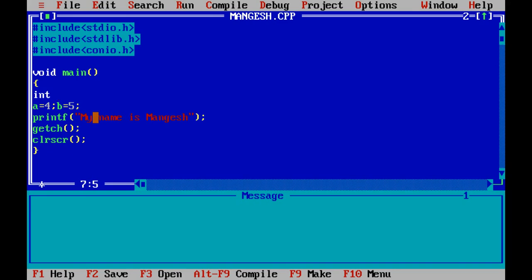When you write this int, it will automatically convert to white font. Then one space, a comma b, a semicolon. We have to separate these variables with a comma, and we have to end this entire integer declaration with a semicolon. Every line you can see ends with a semicolon. That is important. It shows the sentence is completed at that point. So integer a and b we have specified.